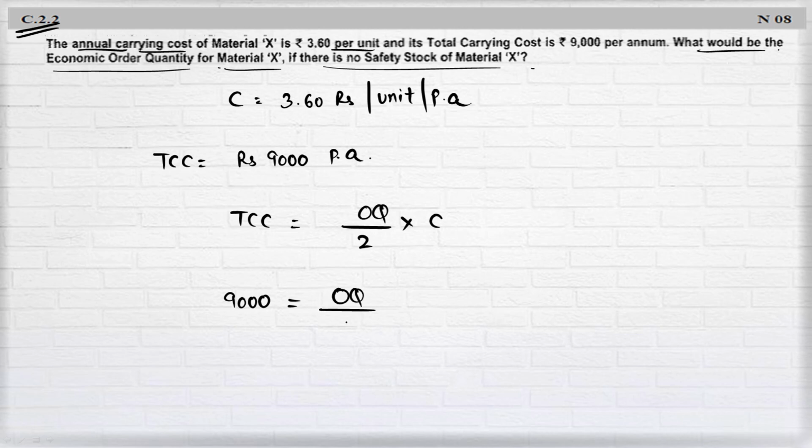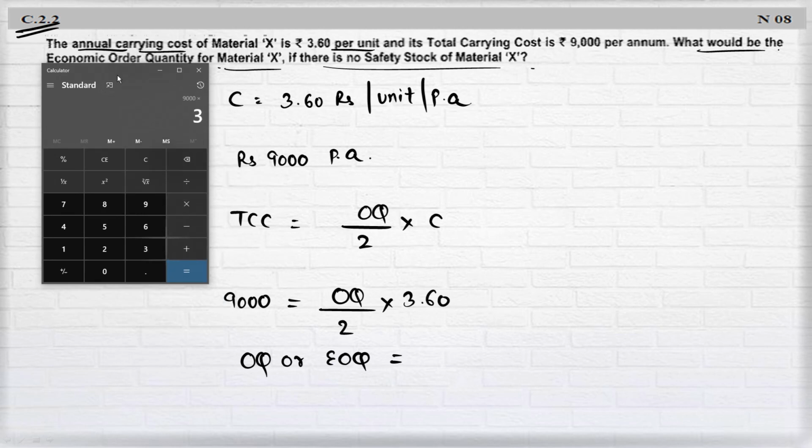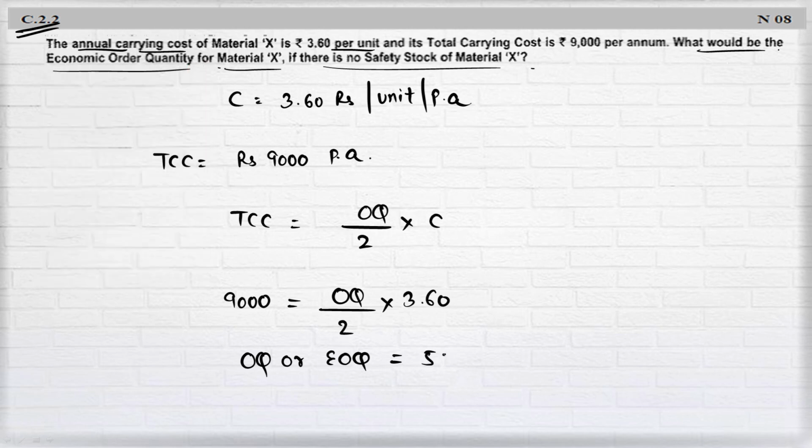Ordering quantity is not given, divided by 2 multiplied by C is given. It is 3.60. So ordering quantity or economic ordering quantity will be equal to 9,000 multiplied by 2 divided by 3.6, which is 5,000,